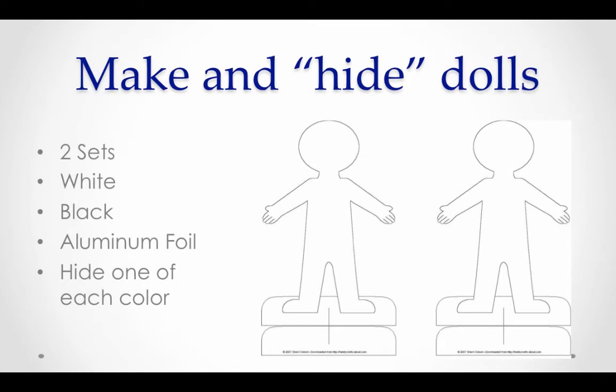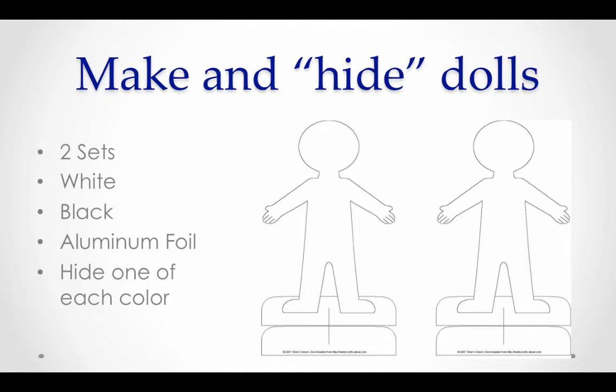The next step is to prepare and hide some paper dolls. Again, you can either do this in advance and have the dolls all hidden when the kids come into the room, or you can get them involved. You can have a classroom activity of actually cutting out the dolls. But what you're going to end up with is 3 sets of 2 dolls each. You're going to have 2 dolls that are made of white construction paper, 2 dolls that are made of black or very dark blue construction paper, and 2 dolls that are made out of